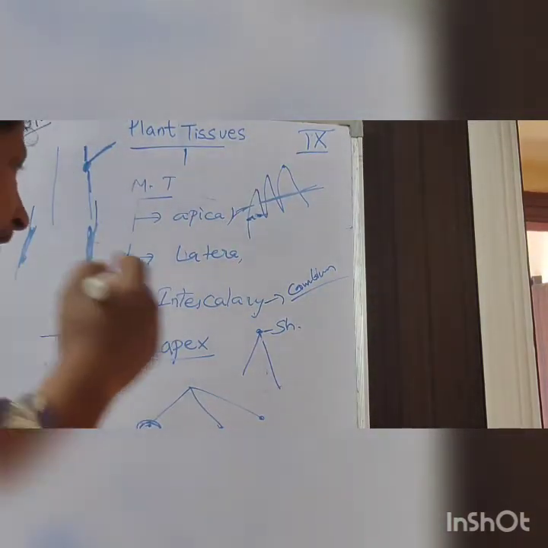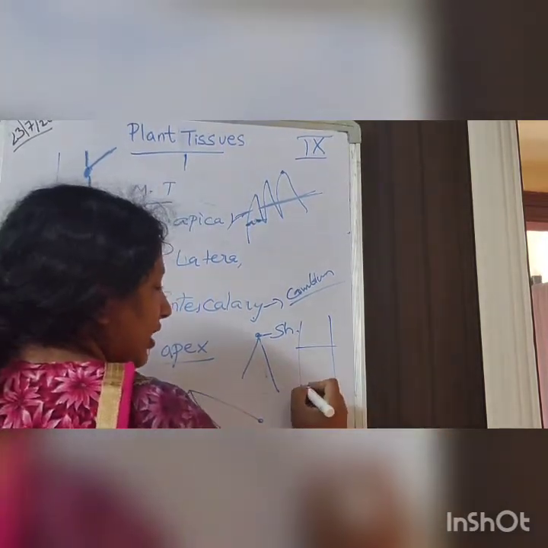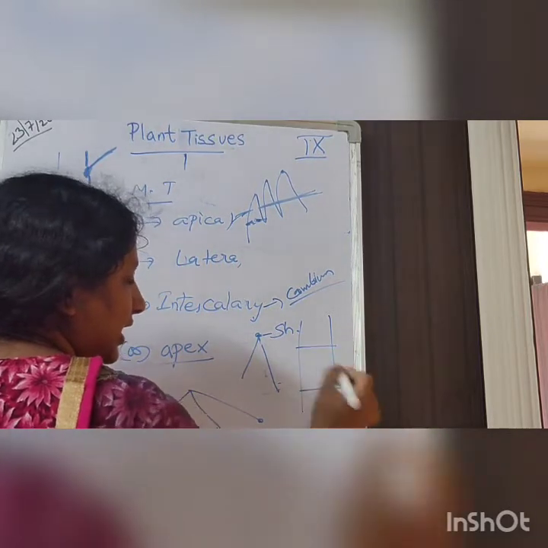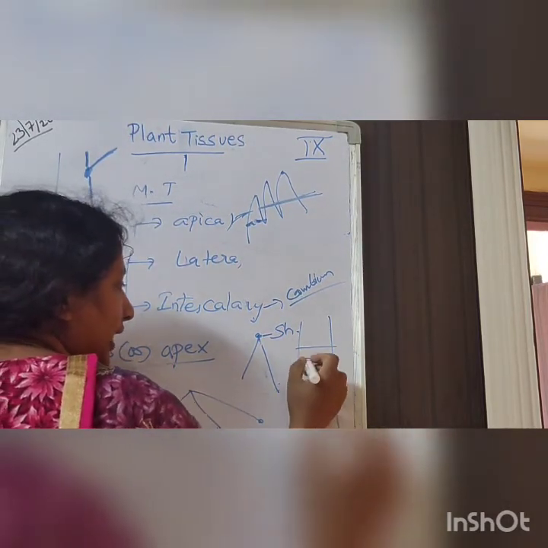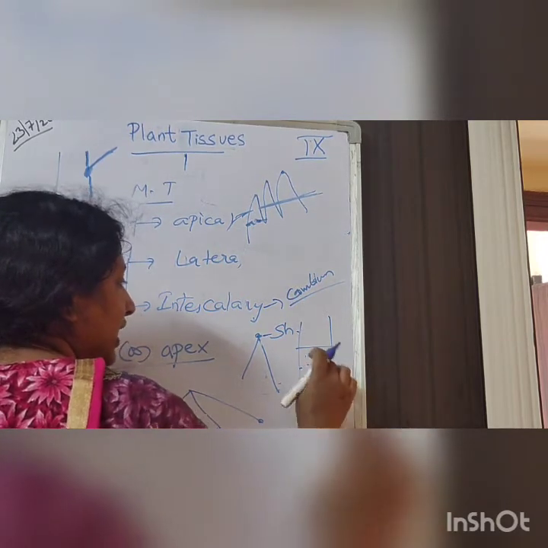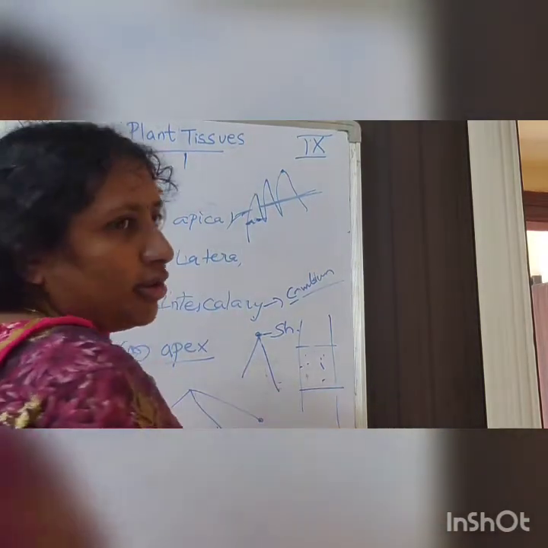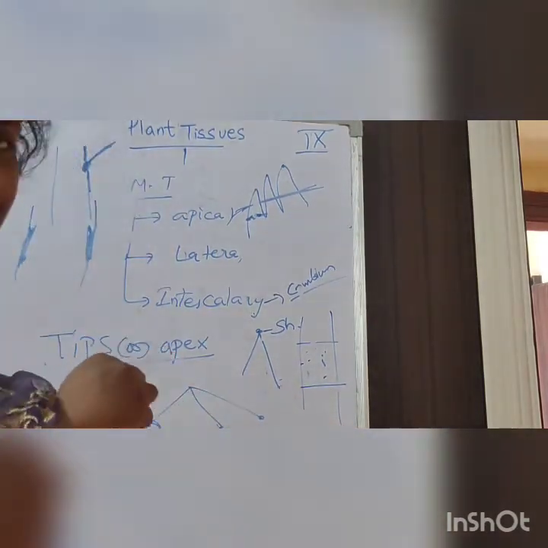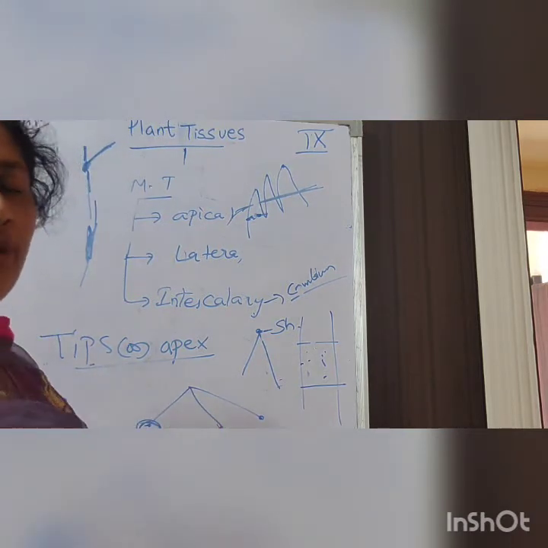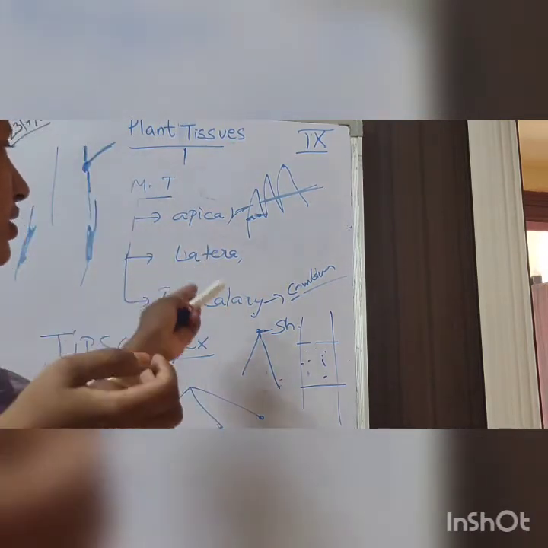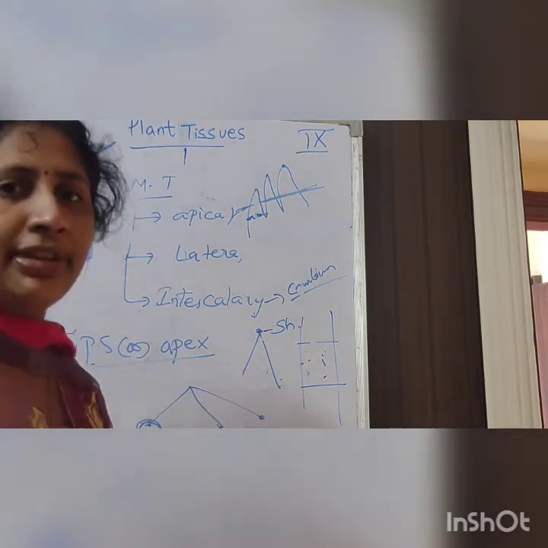Clear? I will explain with one more example. If this is a sugar cane, you will see some lines on it. This is our internode positions. So intercalary tissue is present. It is helping to elongate like this. That's why sugar cane is also growing. Clear? Though its apical meristematic tissue is removed, the plant will not stop growing. It will grow because of intercalary meristematic tissue. So this is about meristematic tissue.